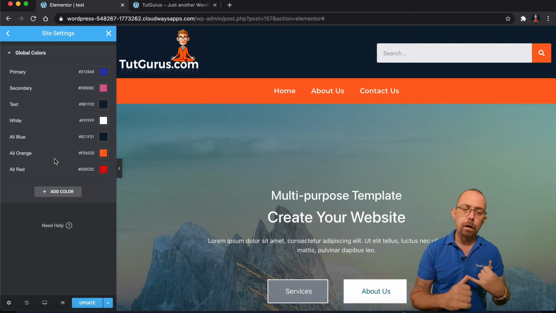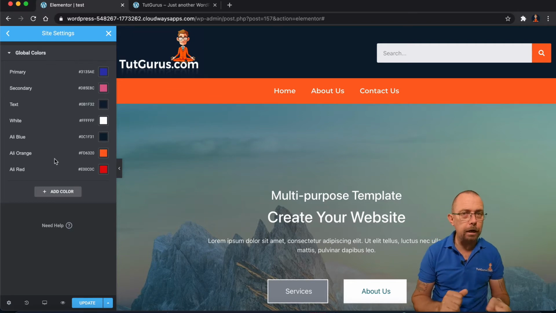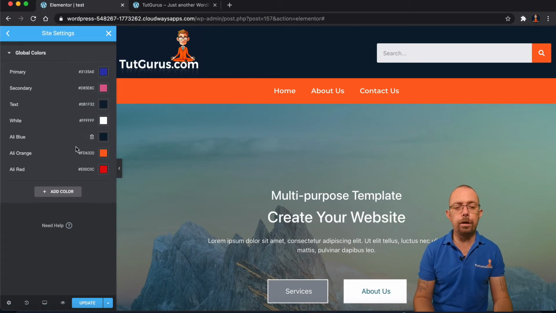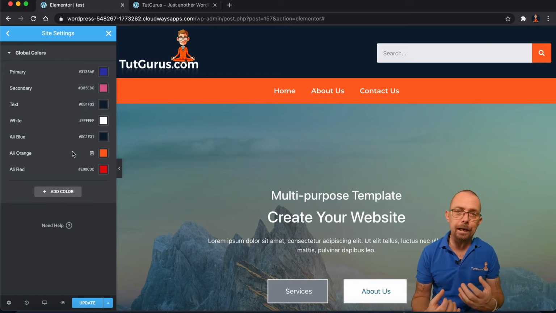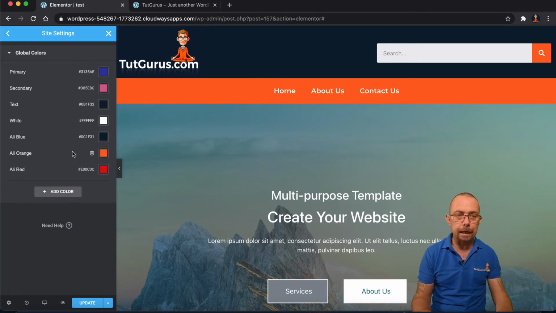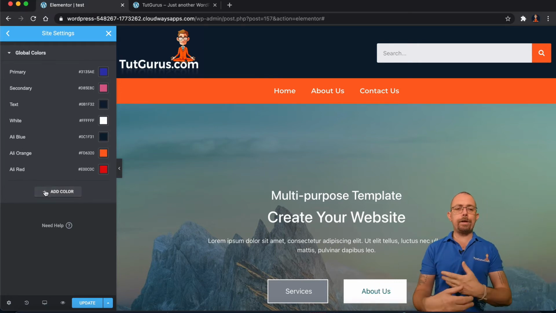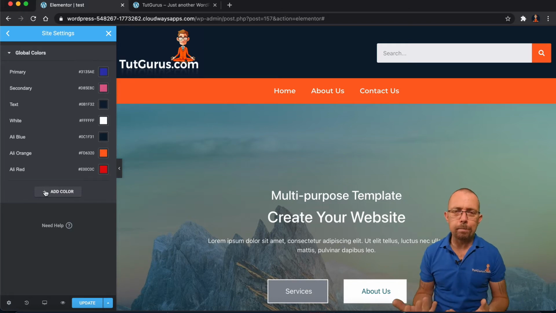You could have border colors. You could have font colors. You could do whatever you want, whatever colors you want. This is something that you want to do at the beginning, because you want to set it up so that when you're building websites, you can easily add these colors. So let's say, for example, my awesome website that I'm building, these are the color schemes that I want.